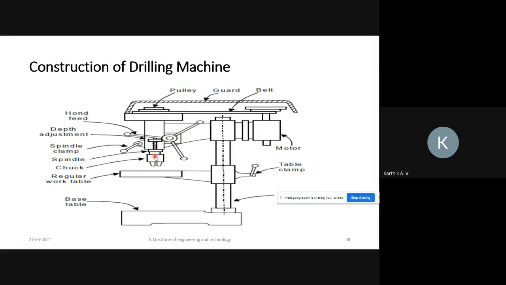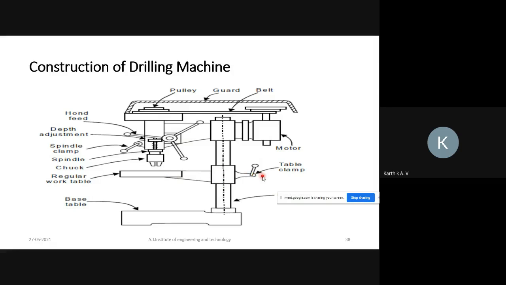based on the requirement. Initially we should know which type of hole is required. Based on that, you should select the particular drill bit and fix it in the spindle. Then with the help of this hand wheel you can move downward. It will create a hole, which is nothing but removing the material. Then you will get the required hole in the workpiece. So this is the method, and you can also move this work table upward as well as downward